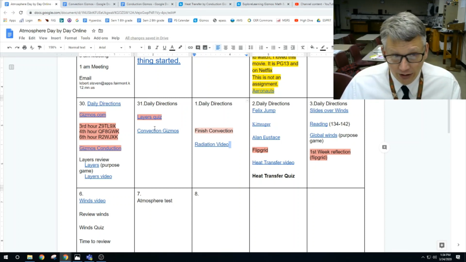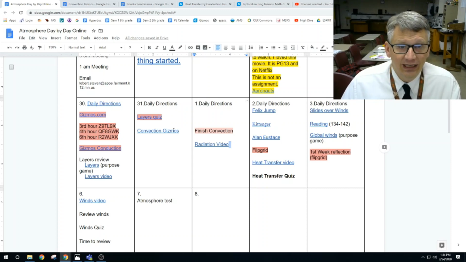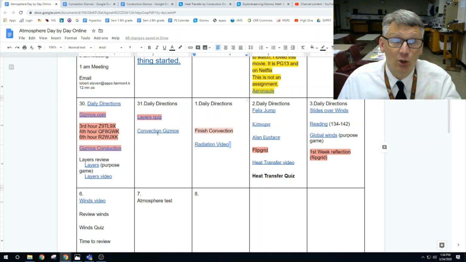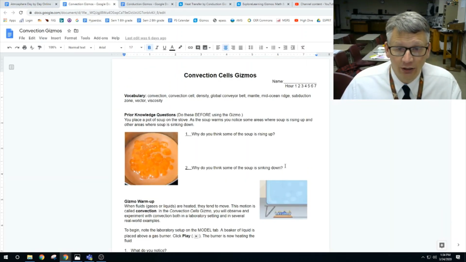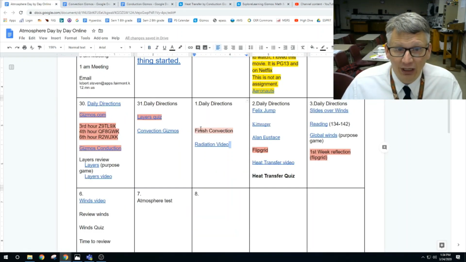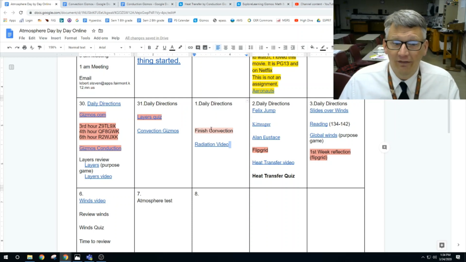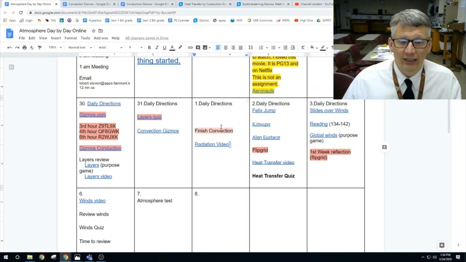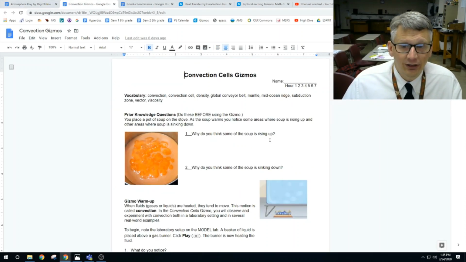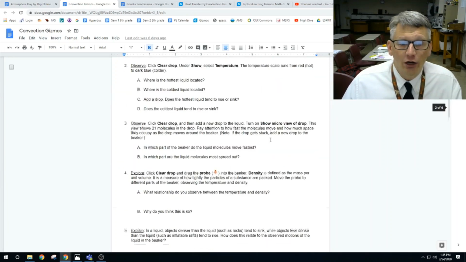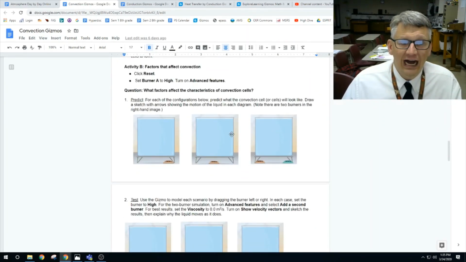So if you want to look ahead, the next thing is the convection gizmo. If we take a look at the convection gizmo doc, it is a relatively longer one. And I want to point out that on the day by day, I am giving you time tomorrow. Finishing it for tomorrow is going to be the objective. And there's a short video, 2 minutes if I remember. But if we take a look at the convection video, there are going to be some points on it here